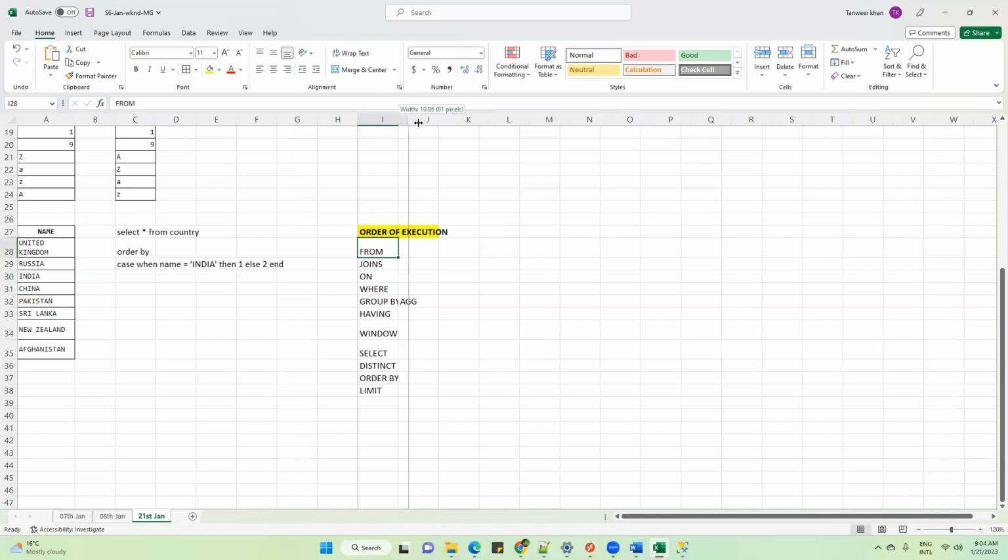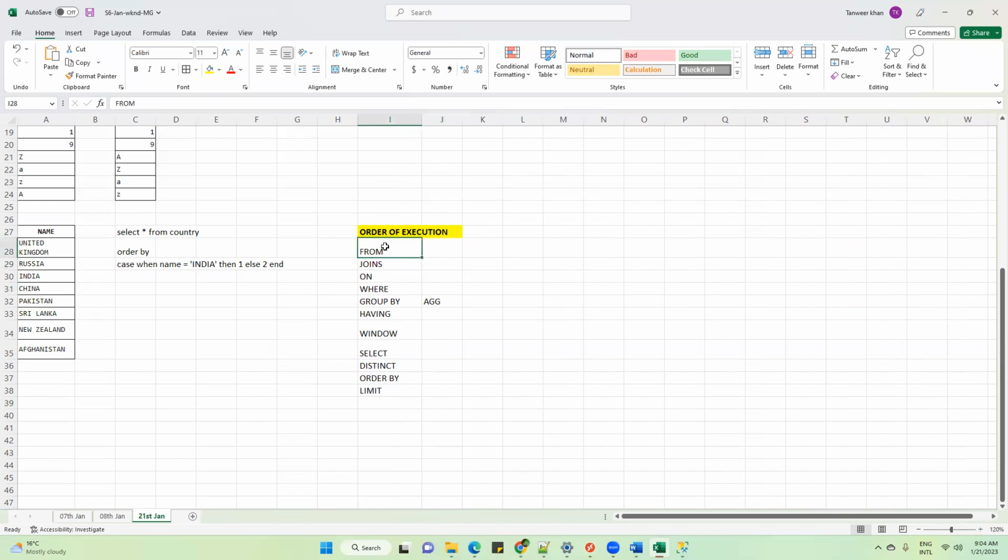You can challenge it. That Tanvir, why is from executed before where? Why is having executed after where? And all those things, and we'll discuss it. You should challenge it. Anyway, in this query, which keyword will be executed first? From country. From.